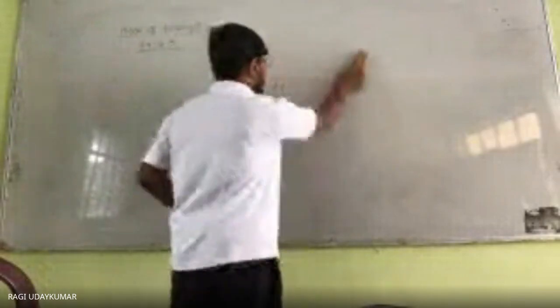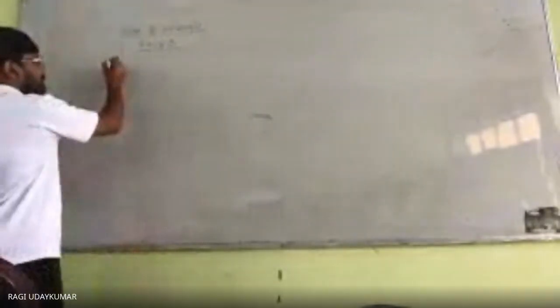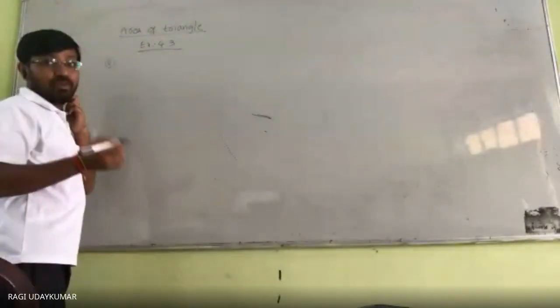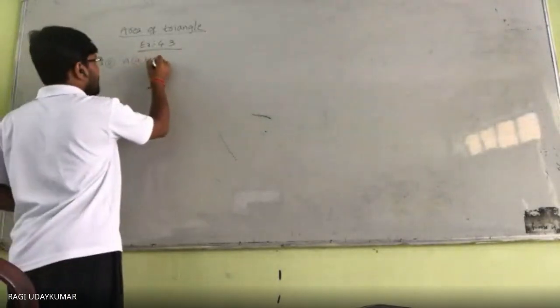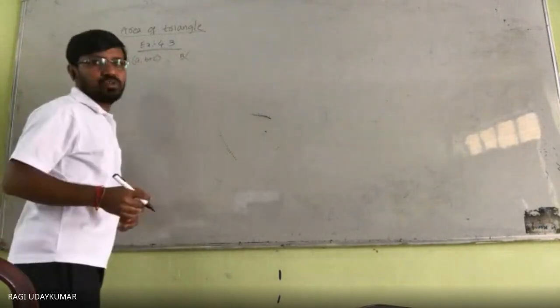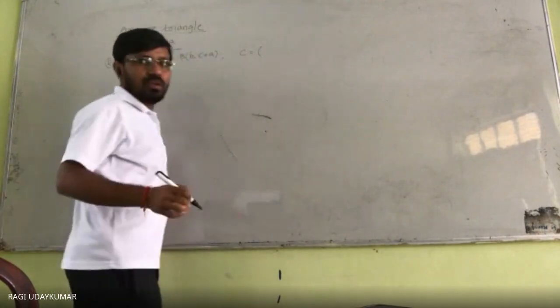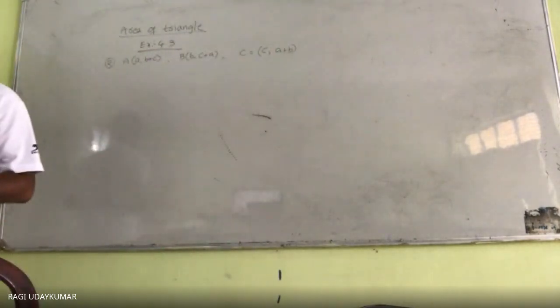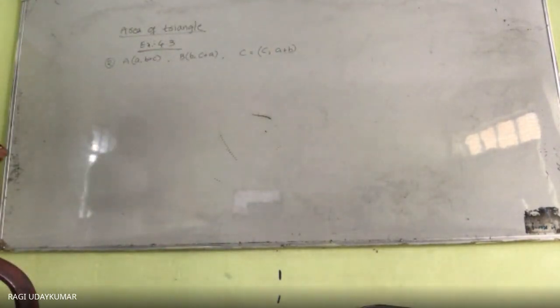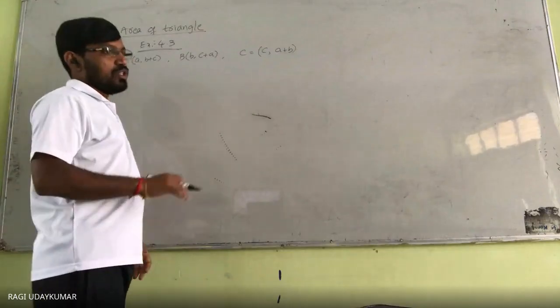The next question is very interesting because you have learned it in straight lines last year. I'm going to ask the question if you remember. The 3 points are given: point A is (a, b plus c), point B is (b, c plus a), and point C is (c, a plus b). The question is to show that these are collinear. To prove they are collinear, what to do? The determinant of the matrix obtained by the area of the triangle should be equal to 0.